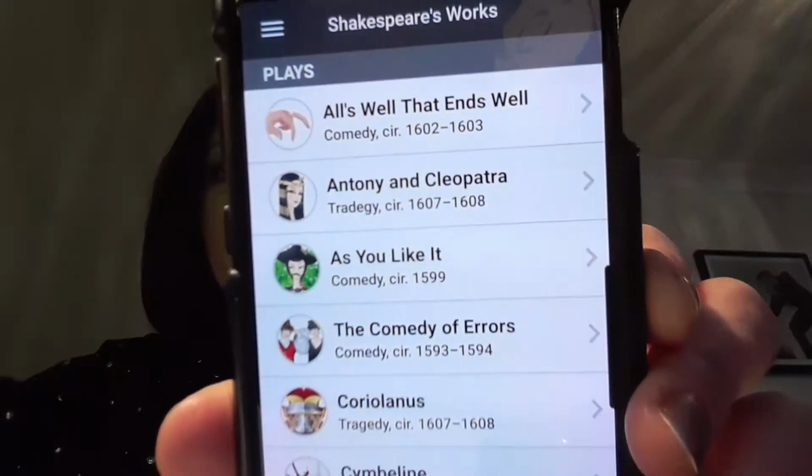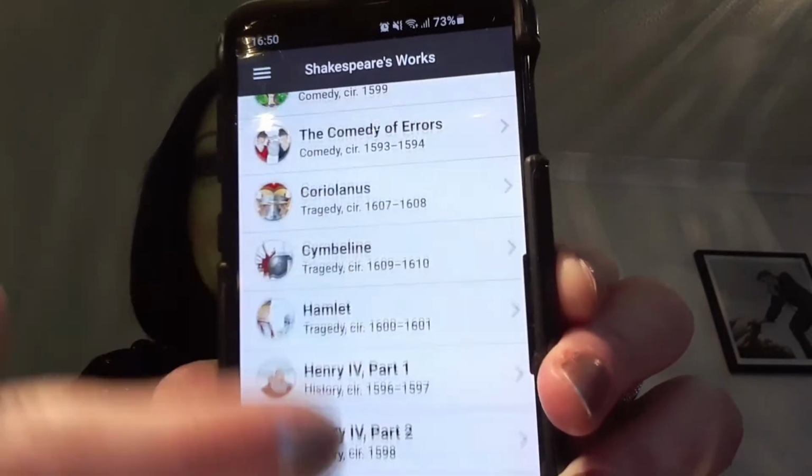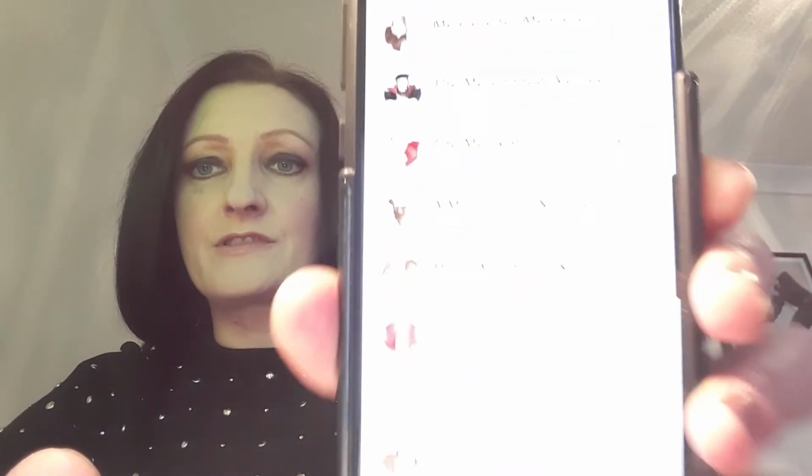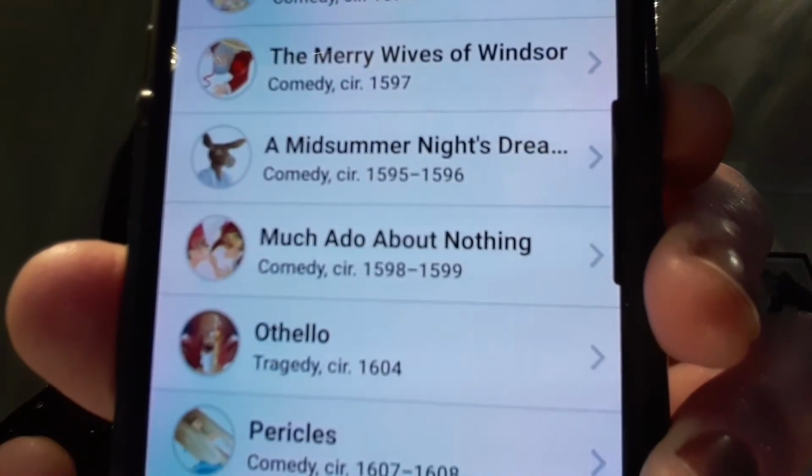Now, you can find this on a free Shakespeare app. Okay, so it's that one there. So just click on that. You have a list then of all of his plays and poems. So you just scroll down until you come to Othello. Hope there's not too much of a glare there. Okay, Othello. And you will see then that you get a scene breakdown, so you can actually get a summary of each particular scene. You get a list of the characters, and then you get the full play, the script as such.